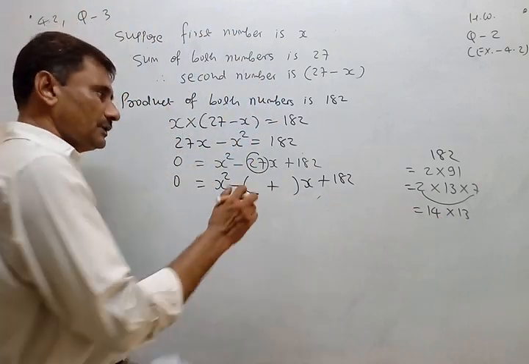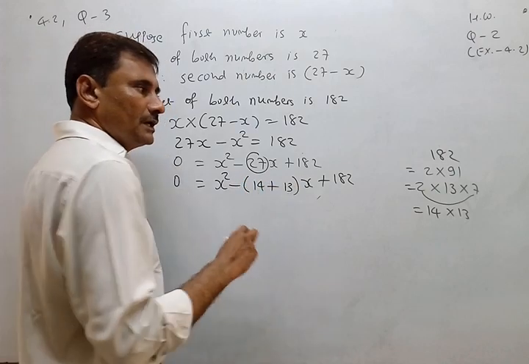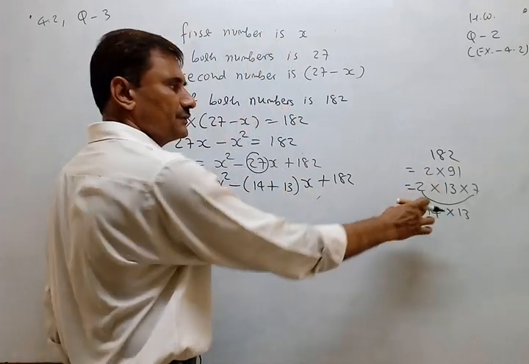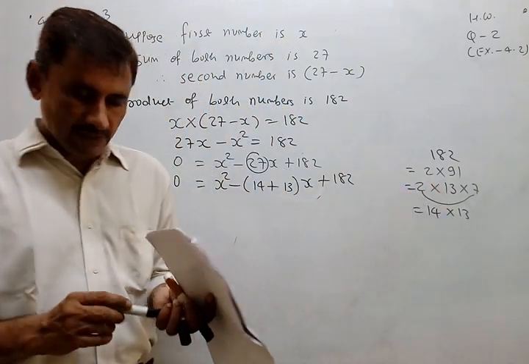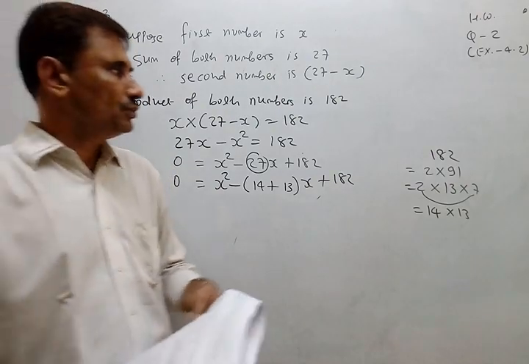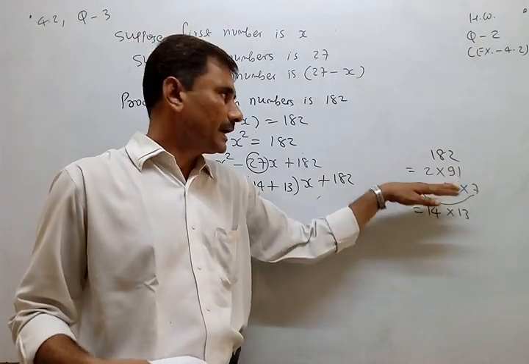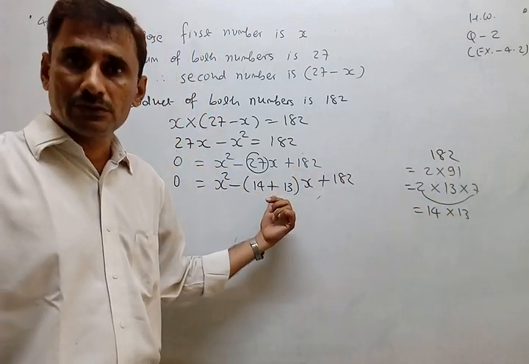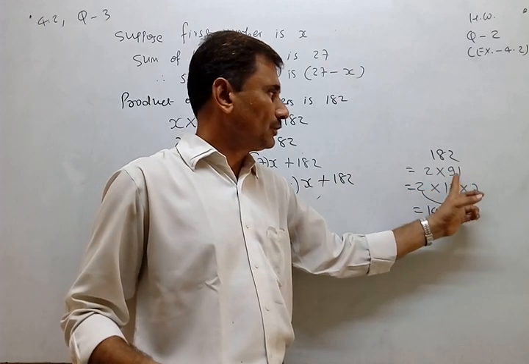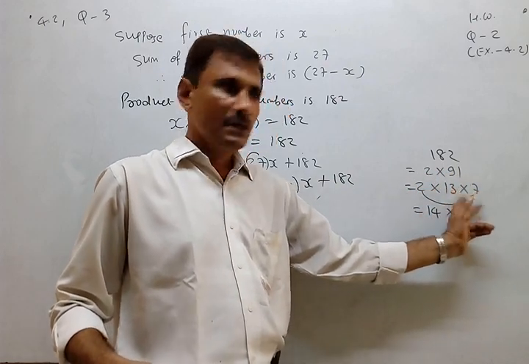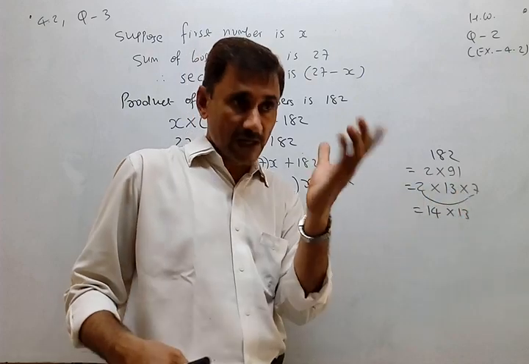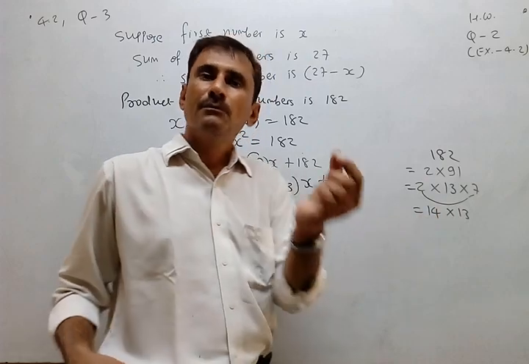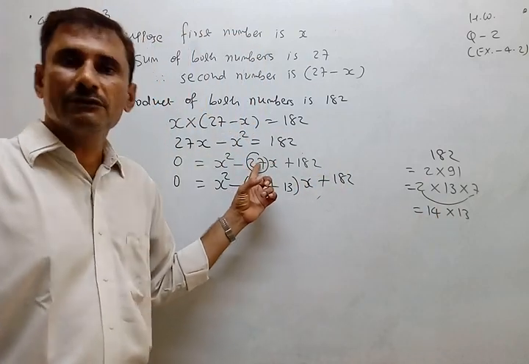You understand? So I have to write here 14 and 13. Now no need to go ahead and factorize further because we got that. Whenever a bigger number is there, you have to try to factorize it, and at each step just look whether the required factor we got or not. If not, then go ahead and factorize another way. After getting more than two factors, just make combinations. Make two groups so that both numbers give the required sum or required difference.